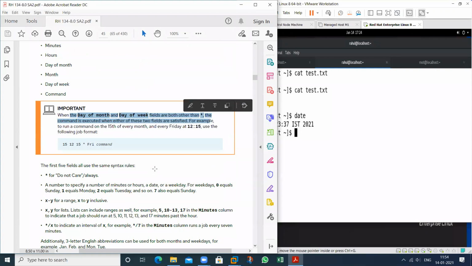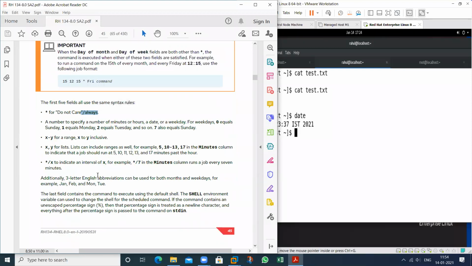So this is not star. See this one. Don't care, always. It means always do this particular task. So we can say per or every minute.